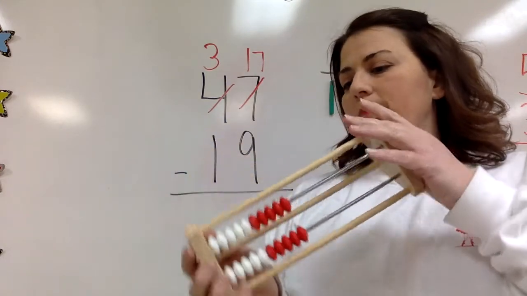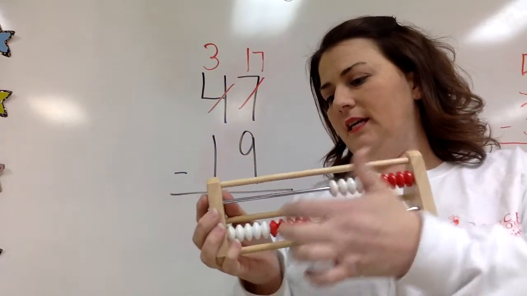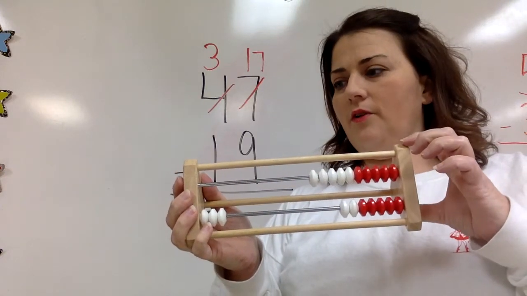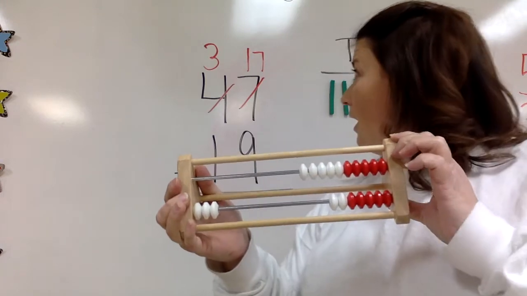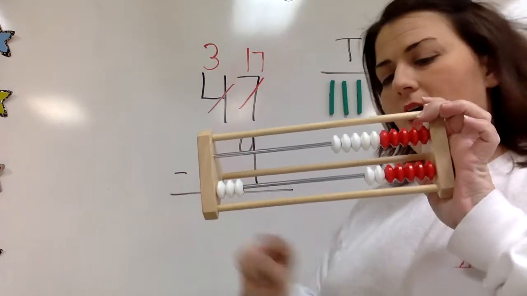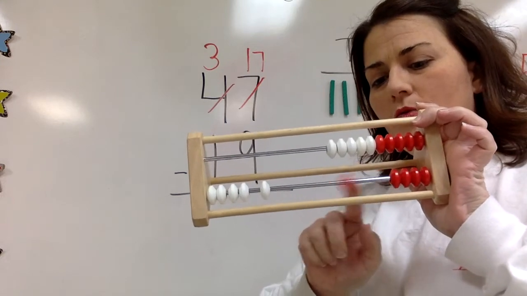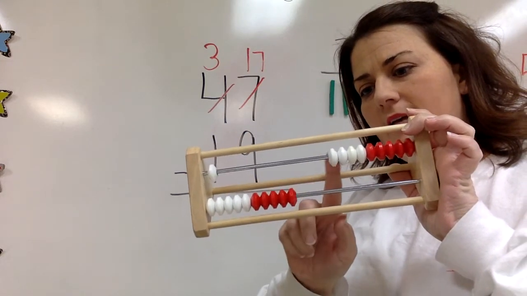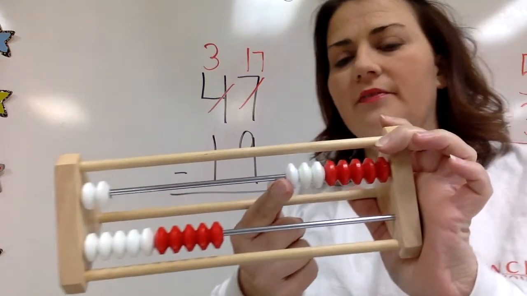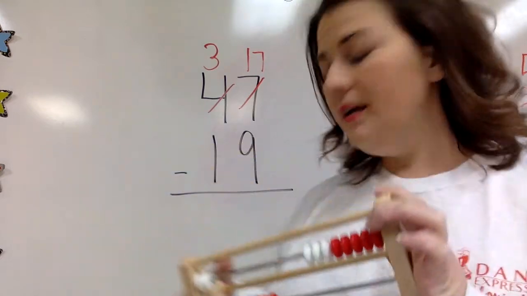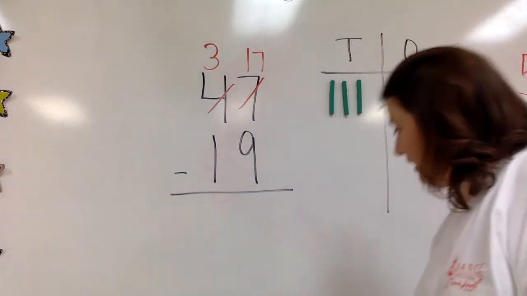So 17 is a 10 and a 7. I'm doing this backwards, hopefully, for you guys, so it records correctly. All right, and now I've got 17 here, and I want to take away 9. 1, 2, 3, 4, 5, 6, 7, 8, 9. So how many's left? 5, 6, 7, 8. So 17 minus 9 is